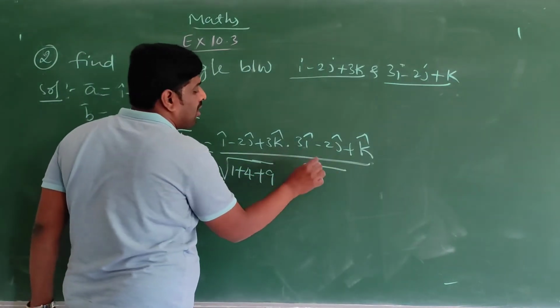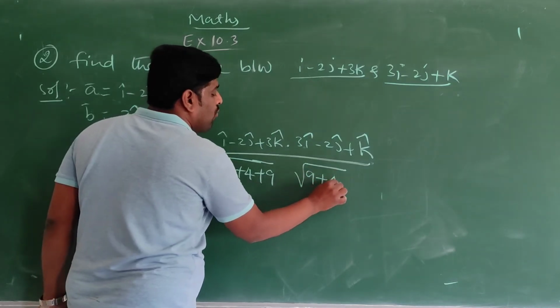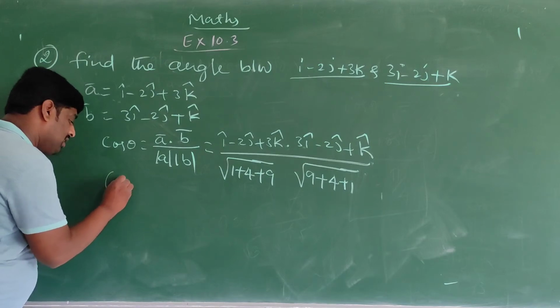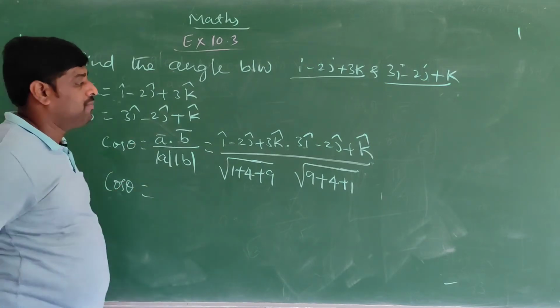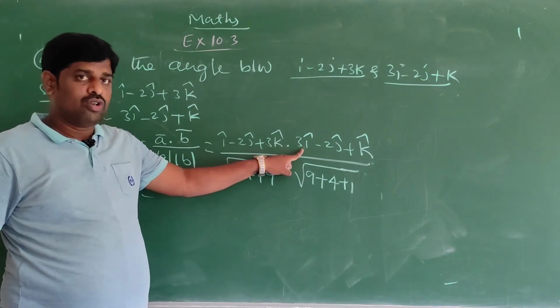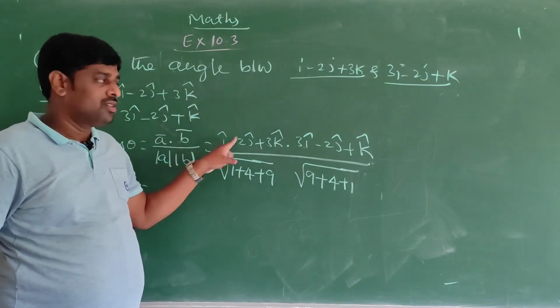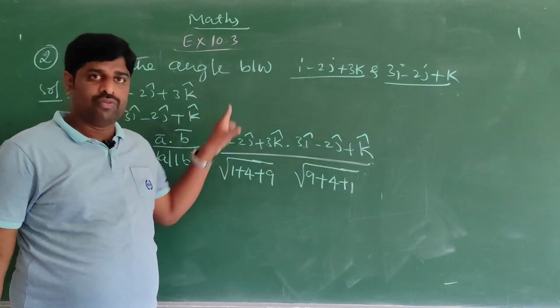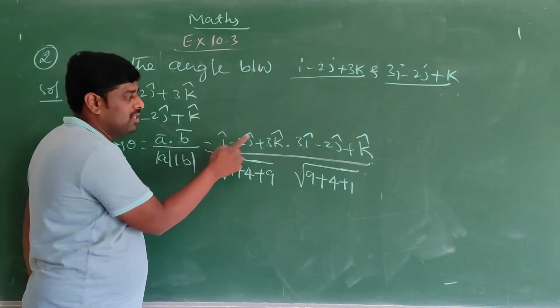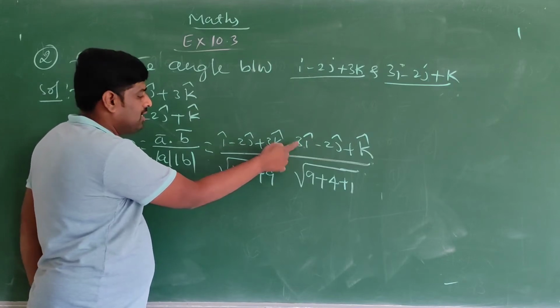Magnitude of b bar is 9 plus 4 plus 1. Okay, that is cos theta equal to... when you take the dot product, you have to multiply the i coefficients, j coefficients, and k coefficients. See, 3 ones are 3. Here the i coefficient is 1, and here the i coefficient is 3. 3 ones are